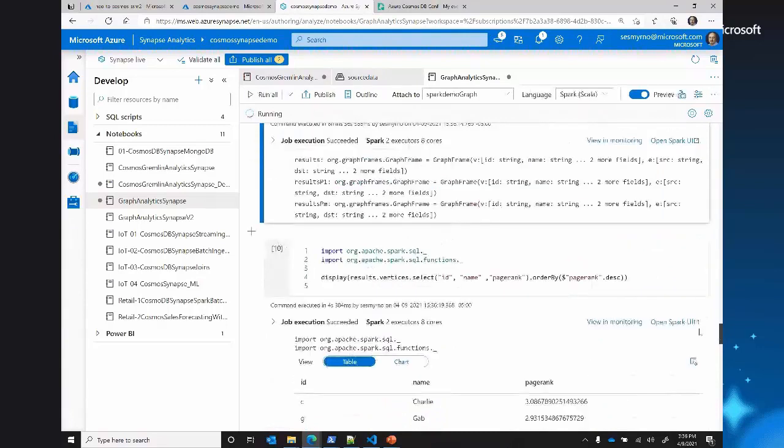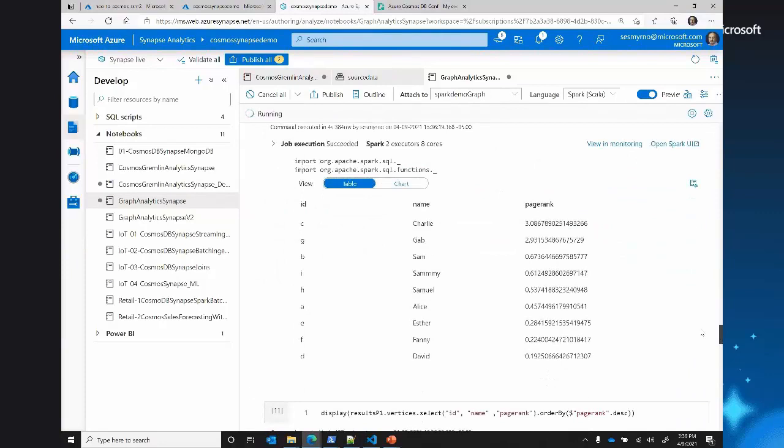So now it's finished. Now we can display the results. So we're gonna display results one by one. First one was just doing the pure PageRank, basically to show who is the most influential person in our connections. Charlie is the most influential. It has a PageRank of 3.08, followed by Gab, and then everyone else is a lot less influential